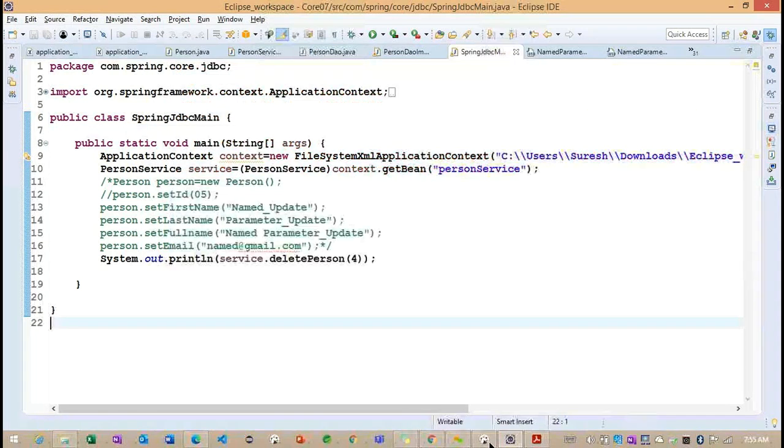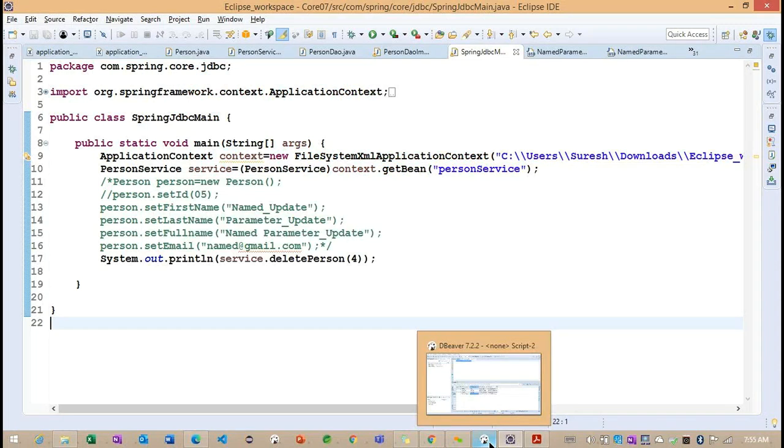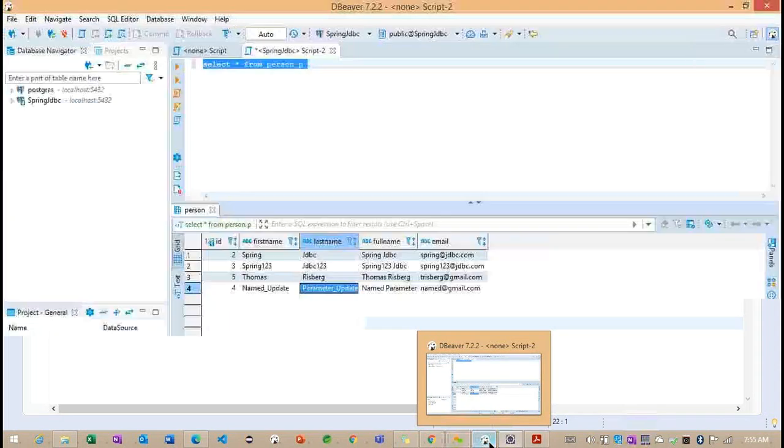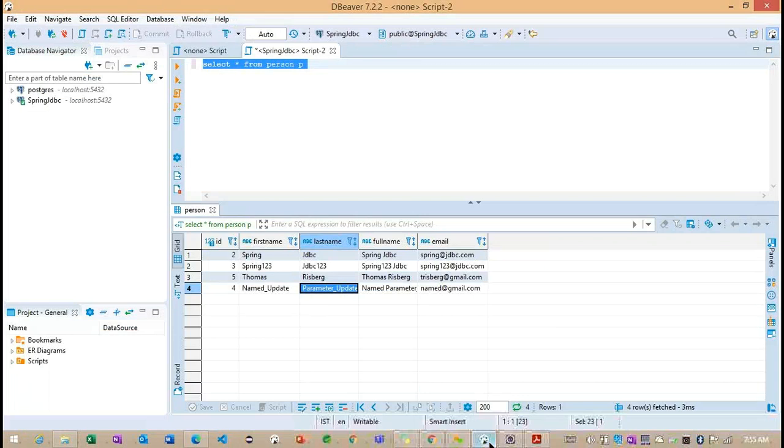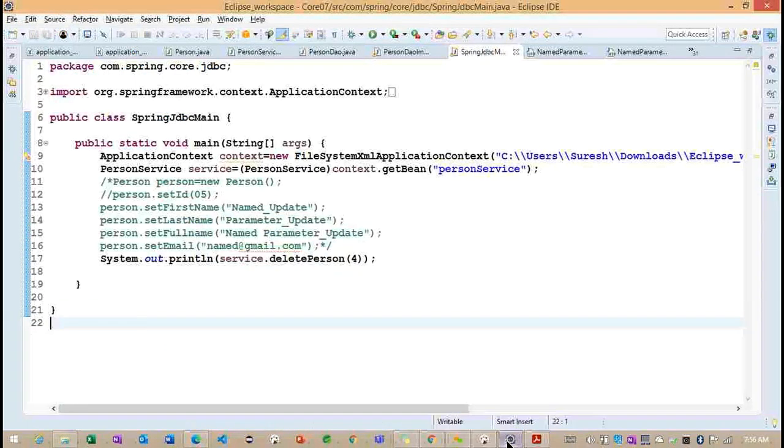So how can we see whether the particular record is deleted or not? We need to go to the database, and again run the same query here. Observe here, the fourth record is not available. The fourth record is not available. Okay, so this is all about the named parameter JDBC template here.